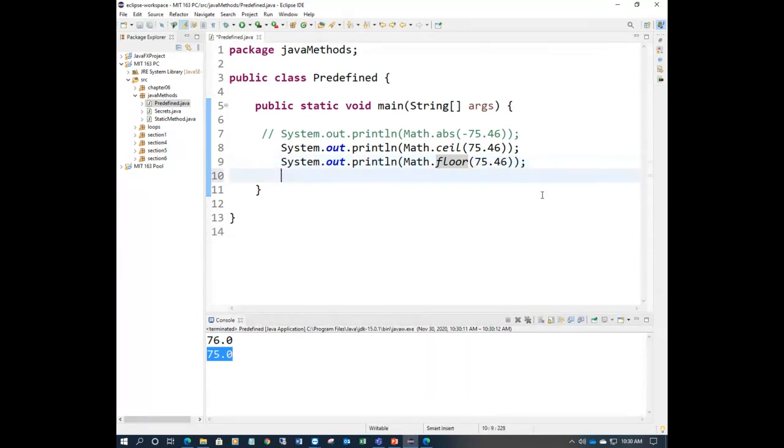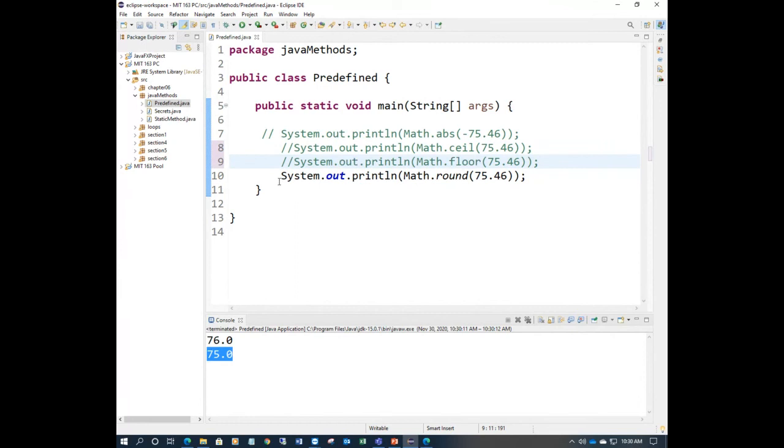So there is another method called round here, and it works both ways. To avoid confusion, I will remove comments and keep comments on this one, so we have only one output. So round here, 75.4. Now it is less than 5, this first value 4 is less than 5, so it works as a floor. The answer is 75, an integer value, not 75.0, right? If it is 3 or whatever, it always gives 75 here.